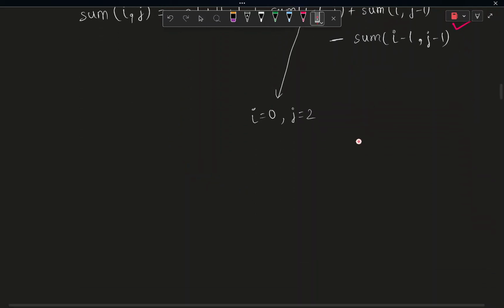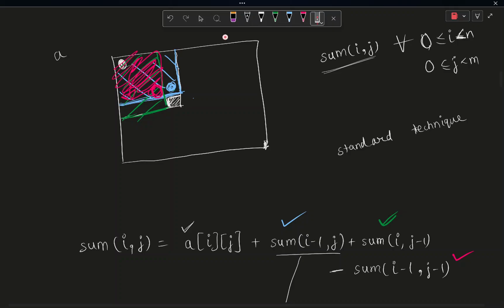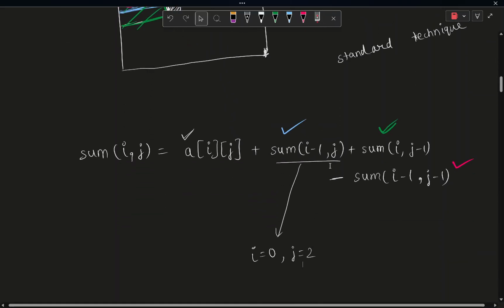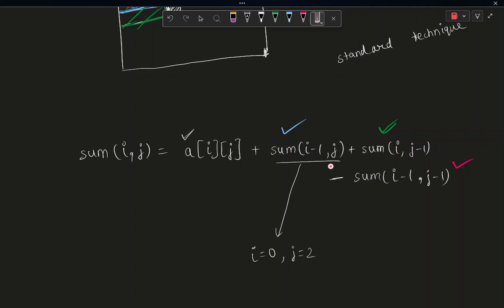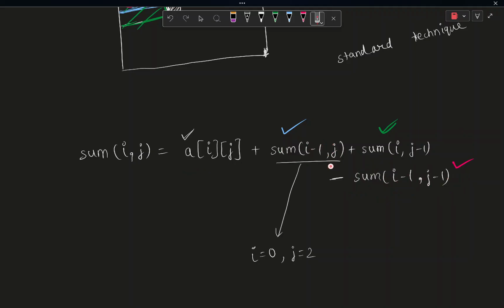But for something like i equal to 0 and j equal to 2, if you're talking about this guy, those two elements on the upside and up left do not really exist. So in that case, your sum of 0 comma 2 would be nothing but only this thing plus this thing, right? Similarly, if j was 0, in that case you would eliminate this thing and this thing, है ना? So